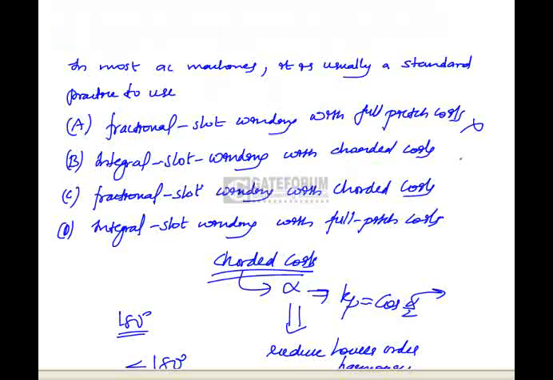Option A and D can be neglected here. Now, out of integral and fractional slot winding, we use fractional slot winding because we can reduce higher order harmonics using it. Integral slot winding will not eliminate higher order harmonics. Generally, if you see any AC machine, it doesn't consist of full pitch coils, it consists of chorded coils with fractional slot windings to reduce the effect of harmonics. Option C is the correct answer.